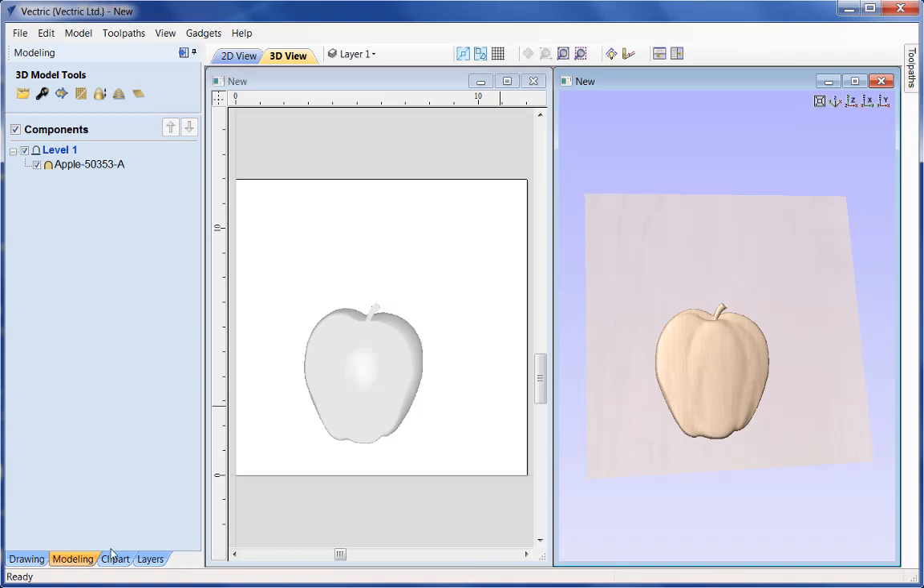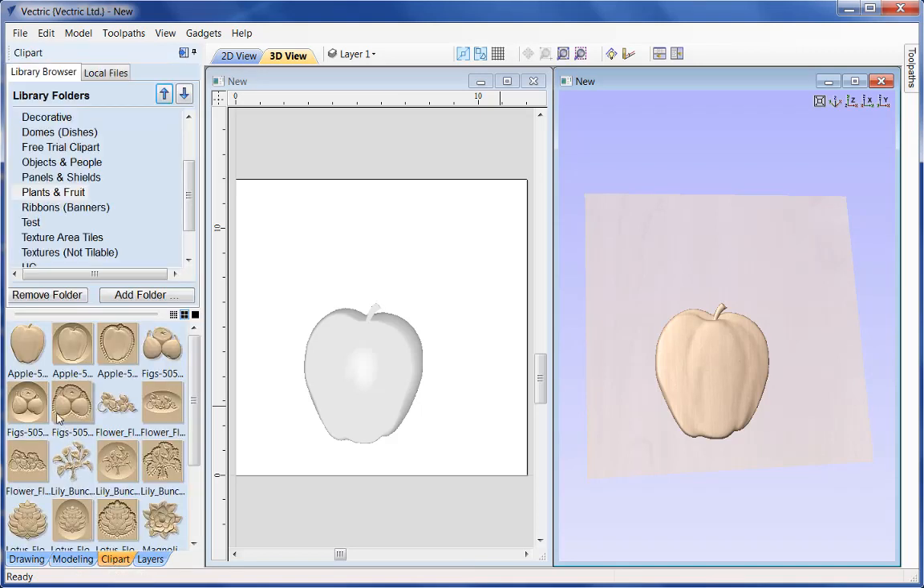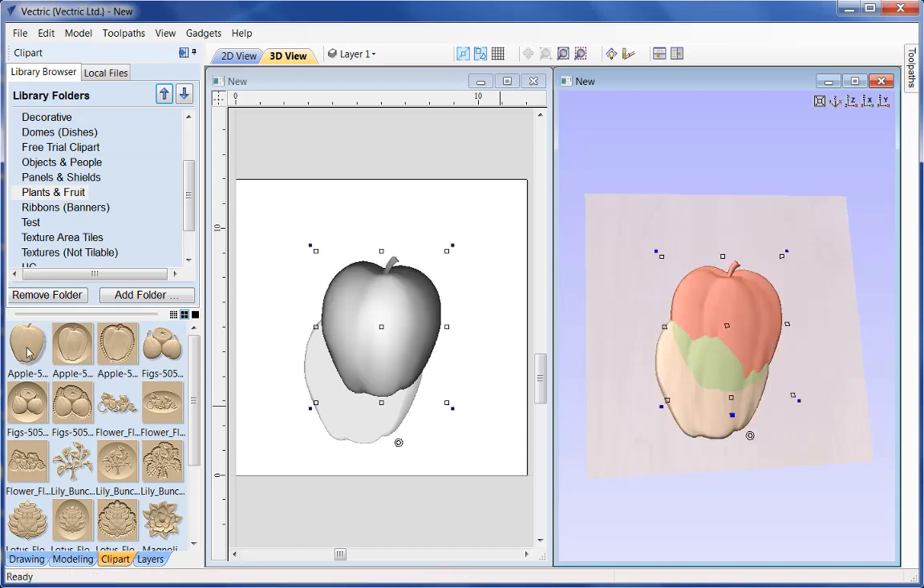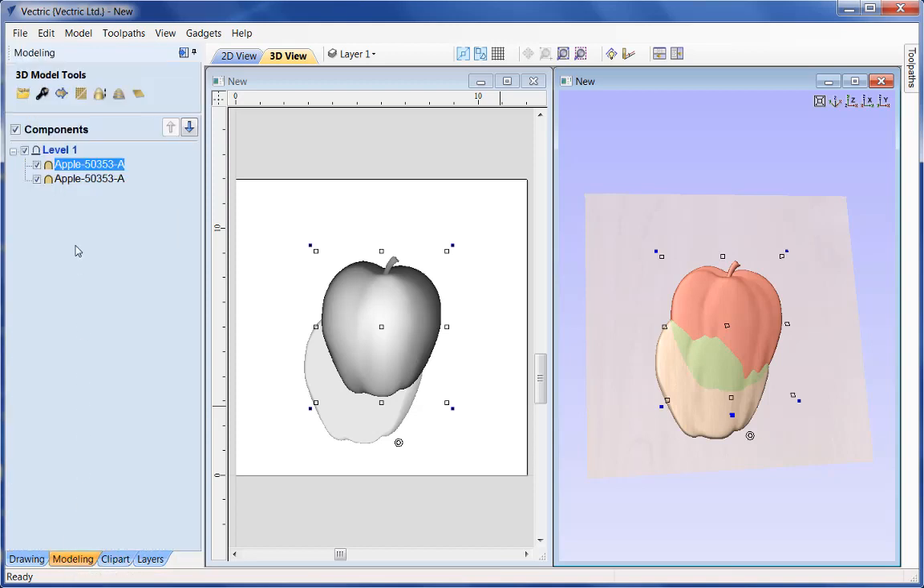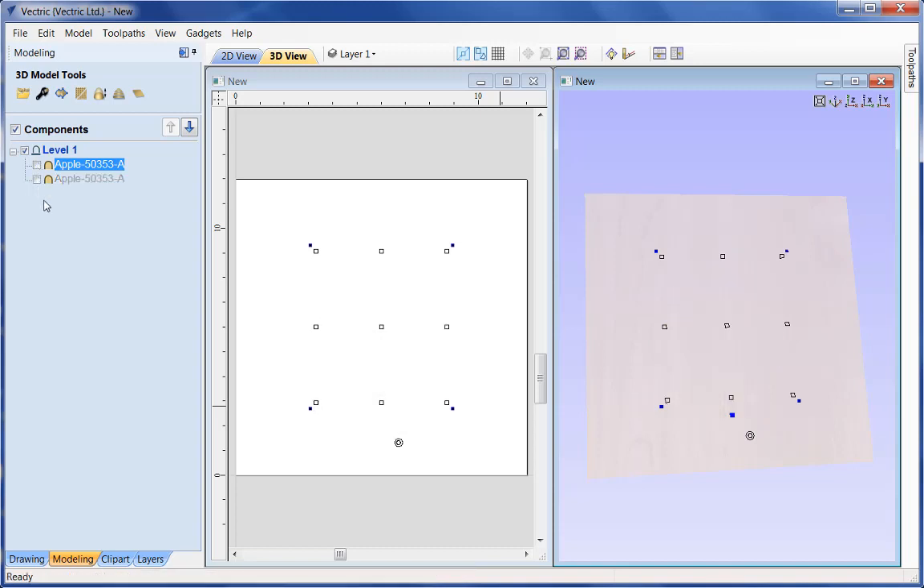What I'm now going to do is come back down to the clip art, and we're going to add a second component. So I'm just going to use the same apple, and we'll just double click there, and that's been located into the center of our workpiece. Go back down to the Modeling tab, and you can see now that we have two identical items that have been added. I can switch off the first item, or I can switch off the second item, or of course both. Switch them back on,